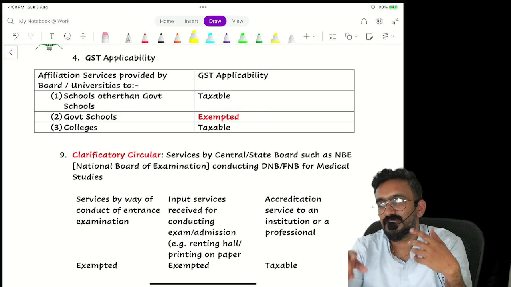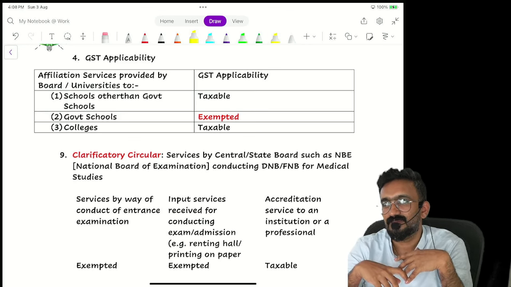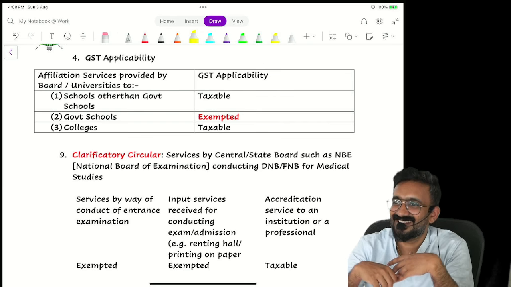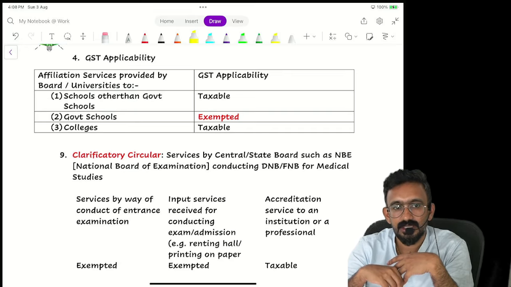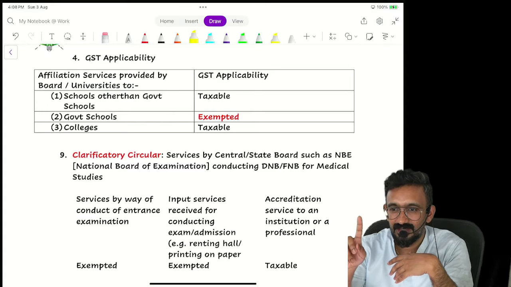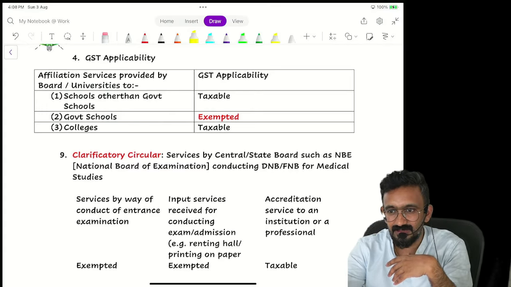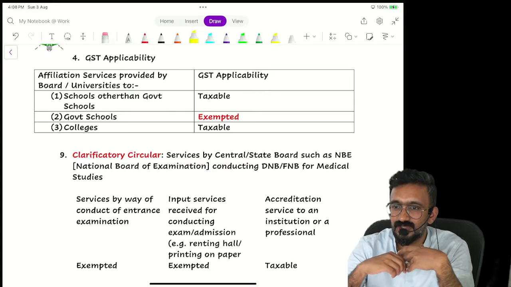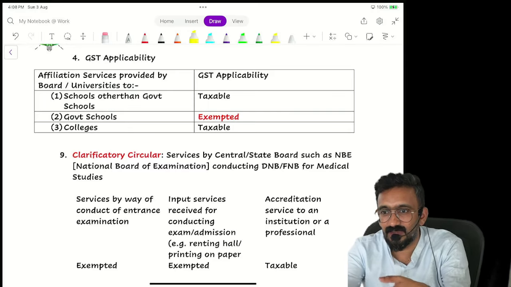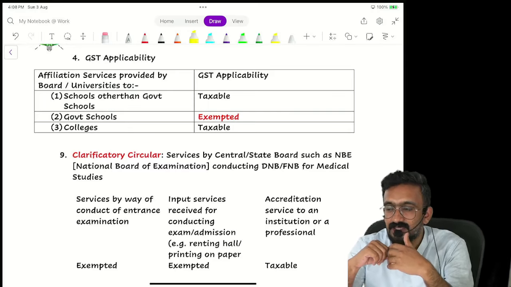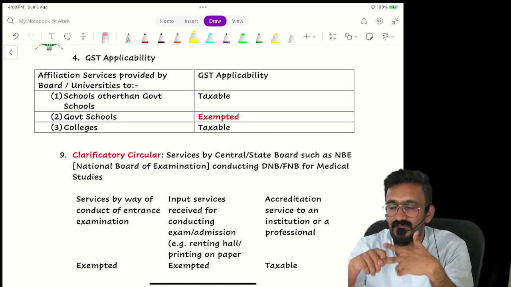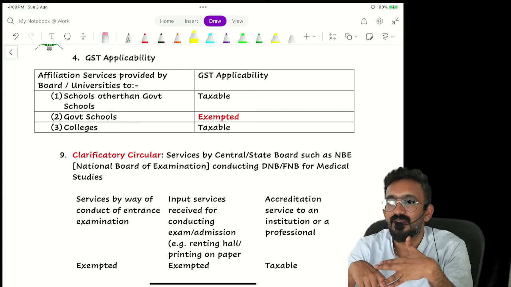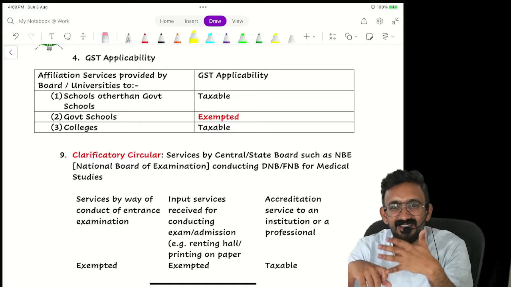CBSE, is CBSE considered to be an education institution? Is CBSE providing you education as recognized by any law in time being enforced? Yes. This is CBSE second category if you look at that way. CBSE is not school. CBSE is providing you courses which are recognized by law. Universities, are they considered to be education institution? Yes, second category. All of them are preparing the curriculum, so they are considered to be second category. Second category education institution, when they provide services to whom will be exempt? SSF, student, staff, faculty. Another school, can I call another school as SSF?